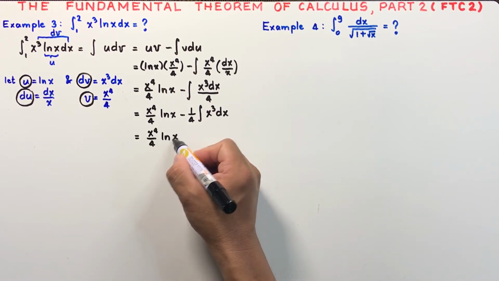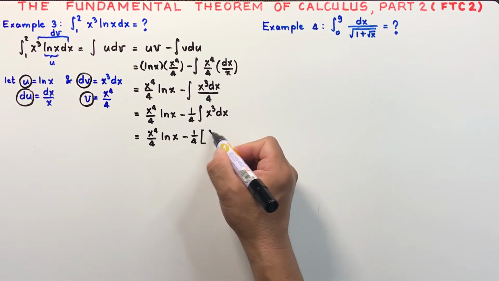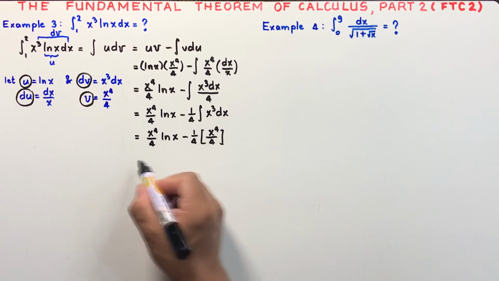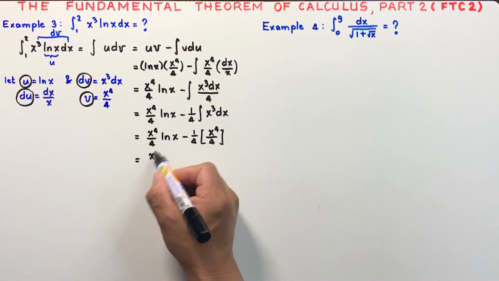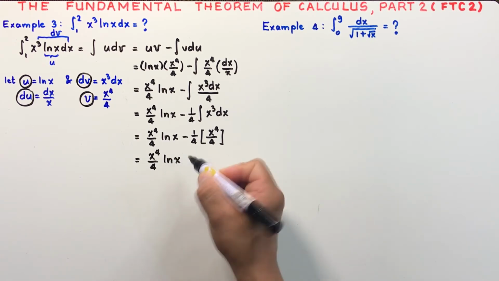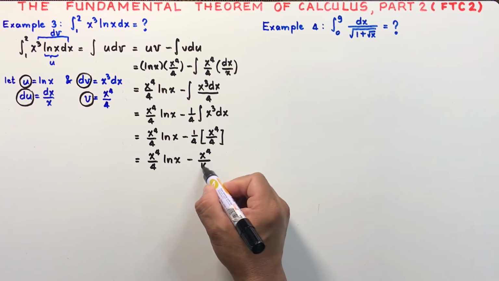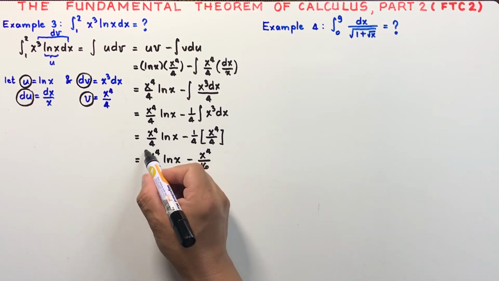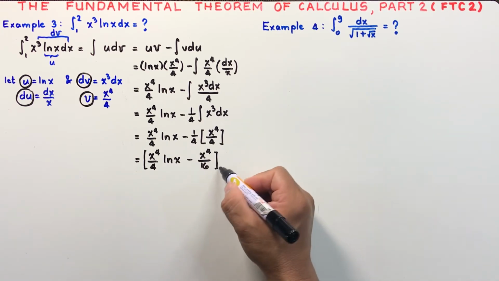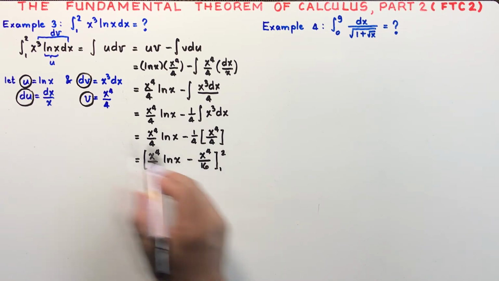So we have 1/4 times x to the power 4 over 4. And simplifying this one, we have x to the power 4 over 4 times ln x minus x to the power 4 over 16. But remember, we need to evaluate this antiderivative from 1 to 2, which are our limits